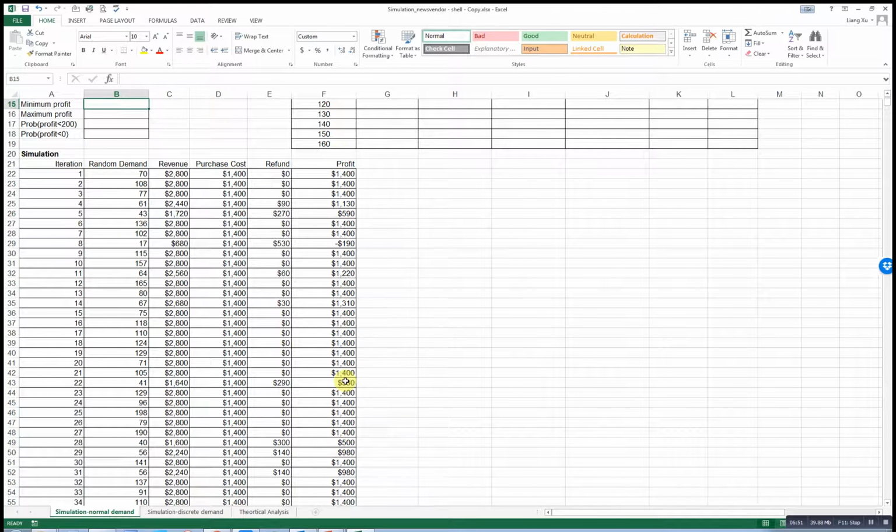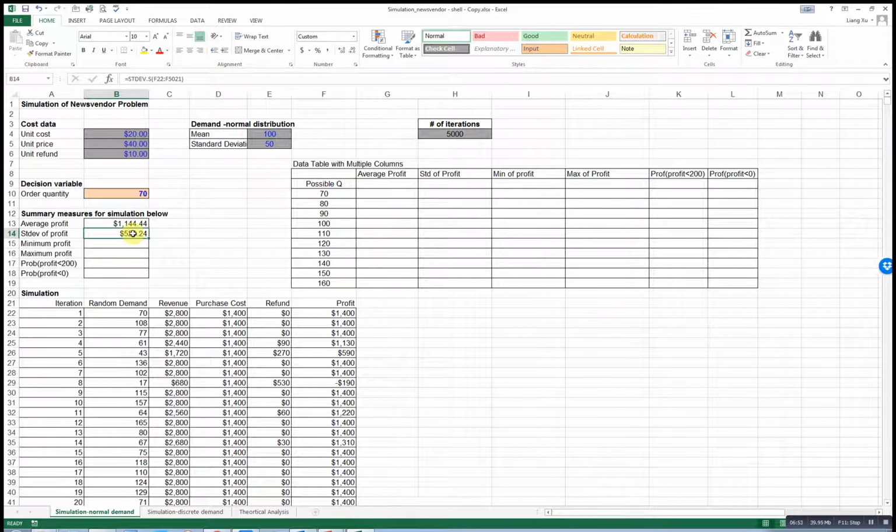So there's uncertainty involved in here. Sometimes you earn a lot of good money, sometimes you lose a lot of money because of the uncertainty with the demand. The minimum of the profit is this, and the maximum profit is